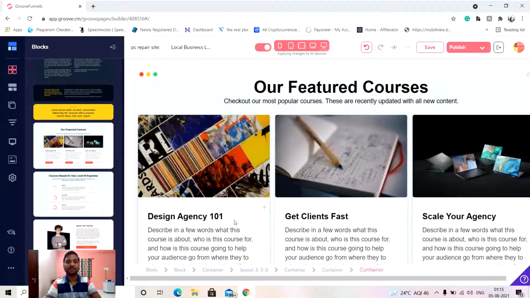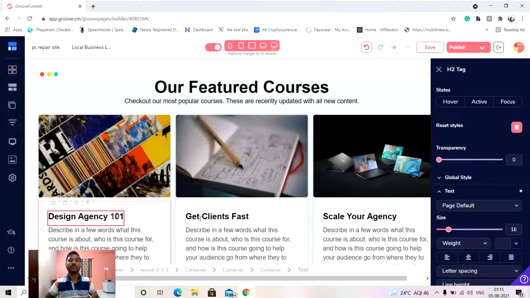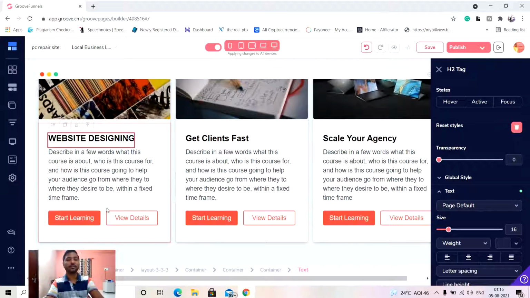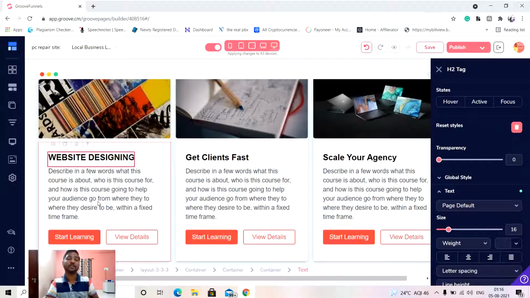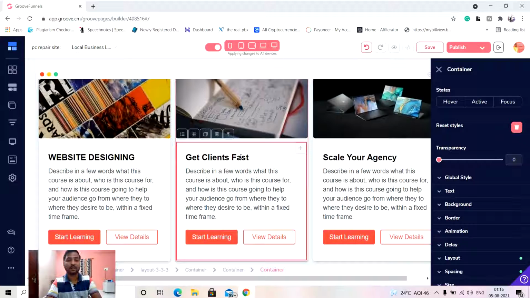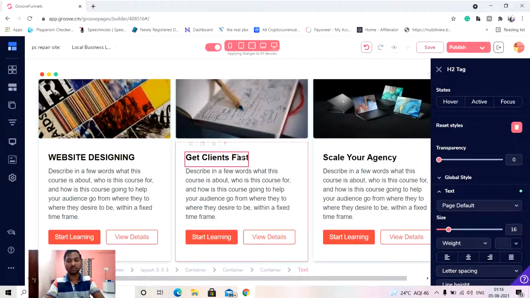So let's say I'm going to tell that we are a digital marketing agency. So what can a digital marketing agency do? Let's do that. You can mention over here website designing. All right, and you can give a little bit of description about why website designing is best according to you, and what you can deliver to the customers. Okay, that gets the client first. So let's add this one.